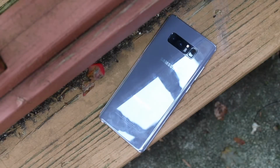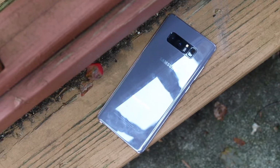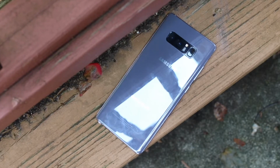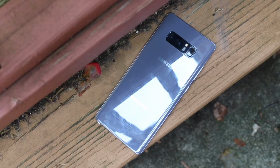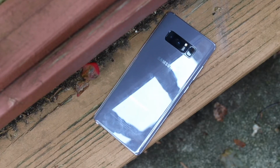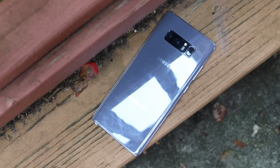covers it up. Now in terms of the internals and the performance side, this thing has the Qualcomm Snapdragon 835 chipset, an Adreno 540 GPU, and 6 gigs of RAM on each model. And that's actually quite a bit of RAM. You know, our iPhones, the 12 Pro and 12 Pro Max, just got 6 gigs of RAM. And obviously iOS and Android are completely different, but you're still getting 6 gigs of RAM on this phone, which is still